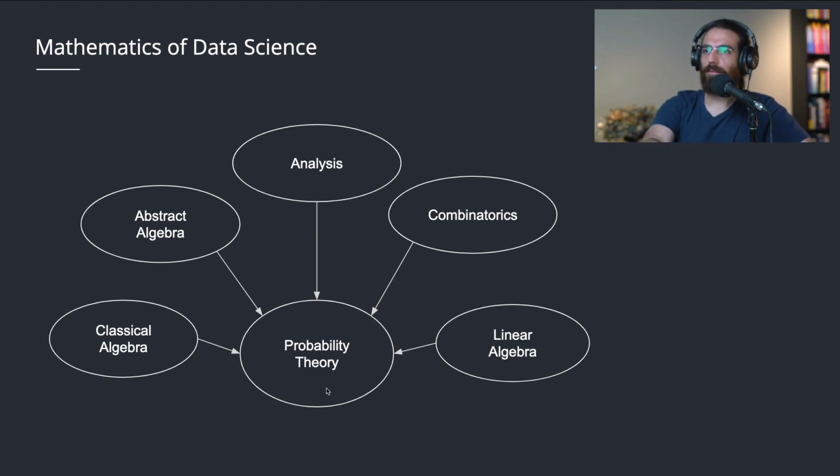Probability theory, right at the start, depends on combinatorics. So you may have heard of things like permutations, combinations, factorial, which we're going to talk about, by the way, in a moment. Some people will say another name for the branch of combinatorics is discrete mathematics, which I had in the previous slide. But the introductory parts of probability theory will definitely depend on combinatorics. And then as you progress